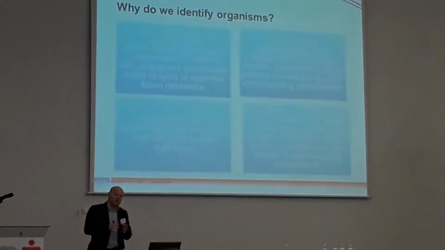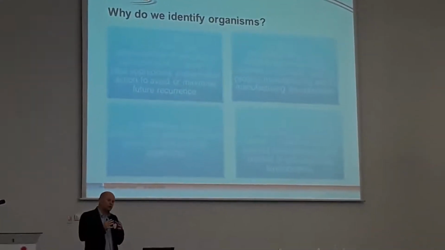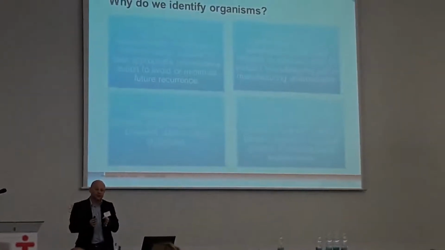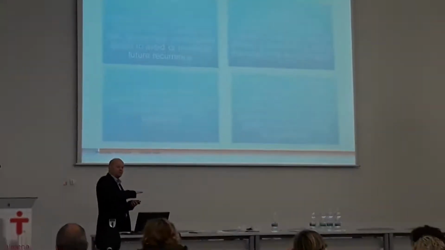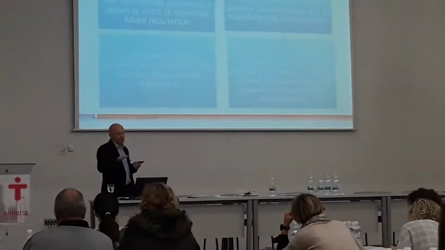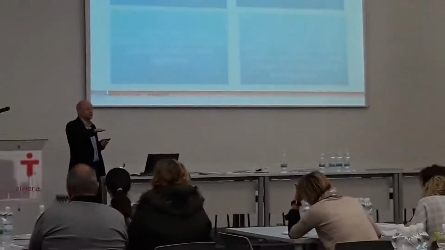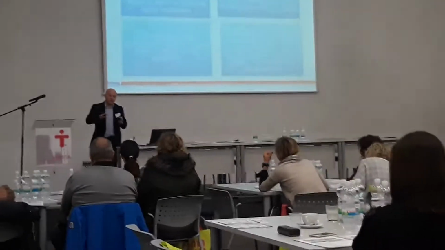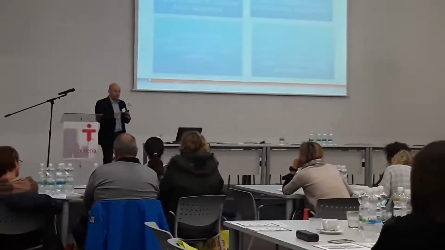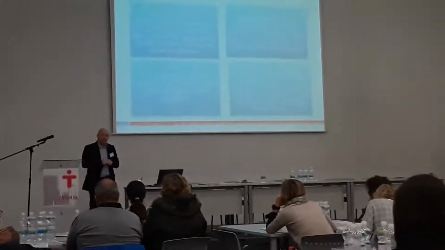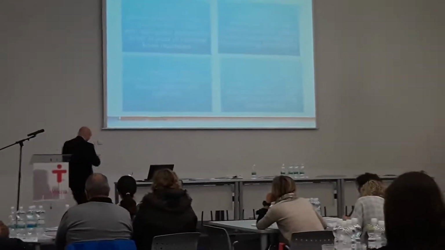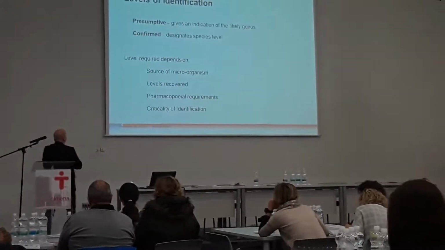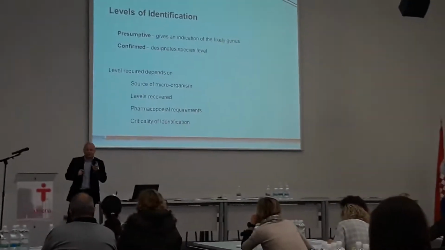If you have a microbiology department that just looks at numbers, so my grade C complies with my 50 CFU limit, but of that 49 CFU, they're all a highly questionable organism, then it's different. So your identification and numbers go together. Everyone happy so far? Marvelous. Right, so levels of identification. So little things start